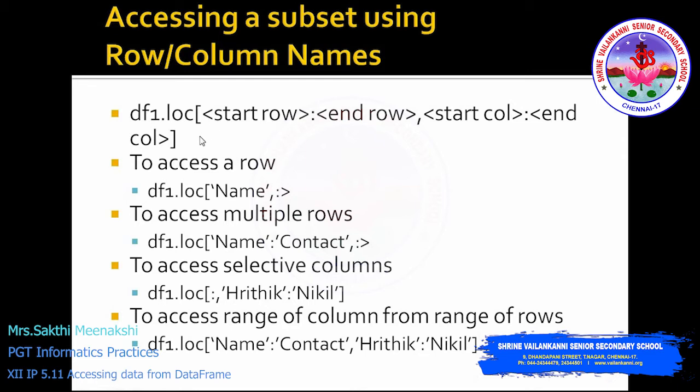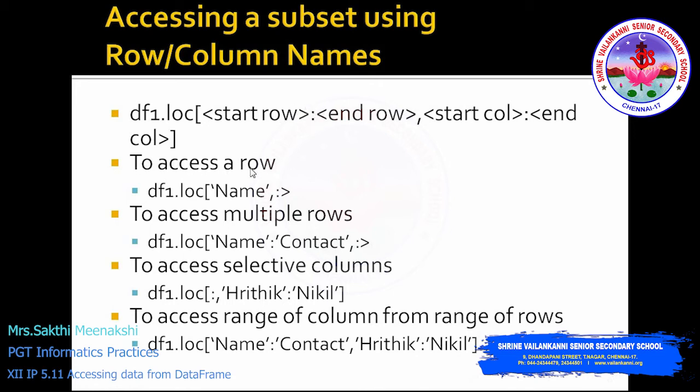So for this one we have the loc. This method we are very much familiar with, since we have used it in the Series object itself. The same loc method, but the syntax here differs because this is a two-dimensional array. So you have to mention the row and then the column. The first syntax is DataFrame.loc[start row : end row, start column name : end column name]. This is a slicing operator, we know that, right?